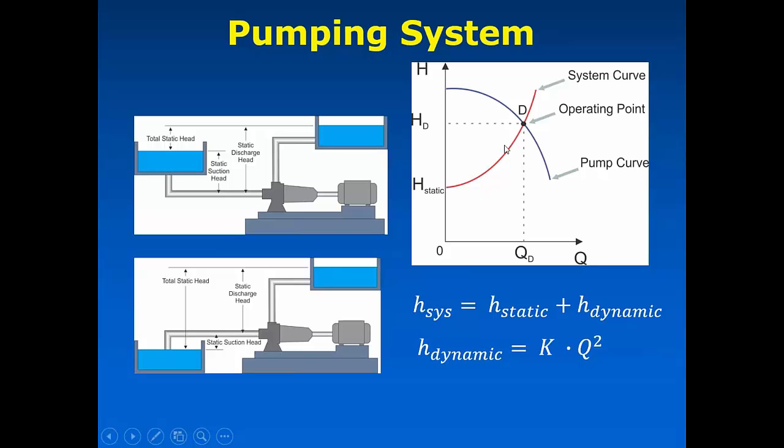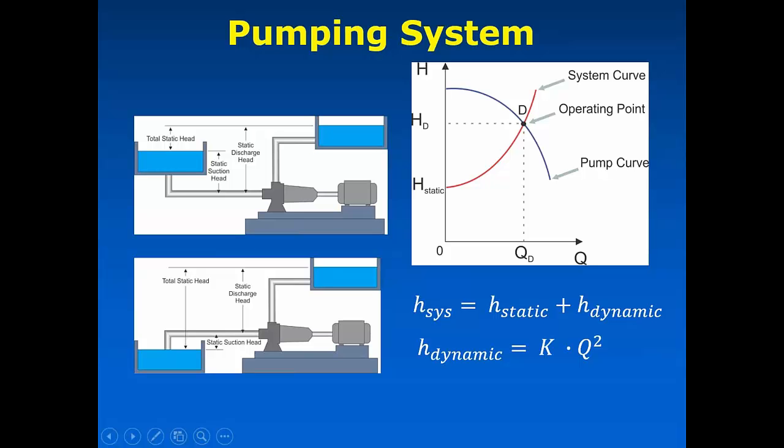So now the system curve is the other relationship, and it's the intersection of these two things that defines the operating point that you are at. So now most pumps are designed for a specific operating point. And if you were to